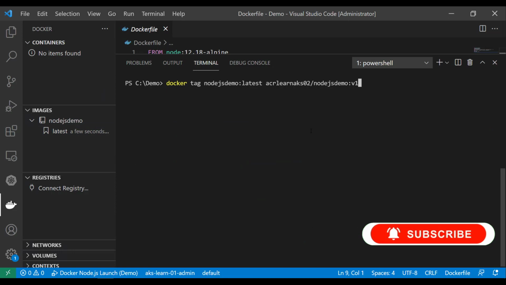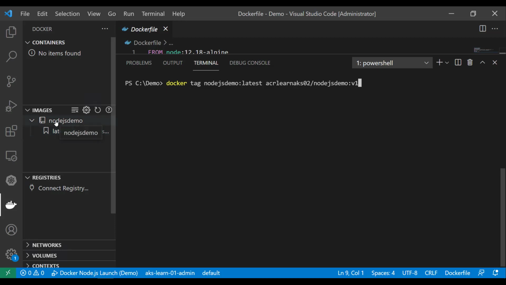Next we are going to create the tags based on our base image. So this is our base image. We are going to create a tag from this particular base image, and we are going to call it our container registry name / the name of the image, and then colon the tag. Running this particular command will create a tag.